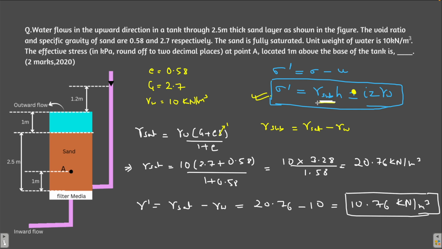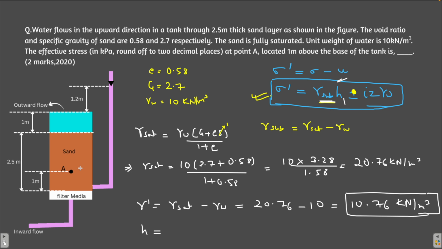Okay, now at this point A, the concept comes. At this point A, which soil is putting pressure? The soil which is above this point is putting pressure. All these soils are putting pressure above this. So what is H now? H, we have to find out. H is not 2.5. We are not going to take 2.5 as H, right? If you do that, that will be a blunder.